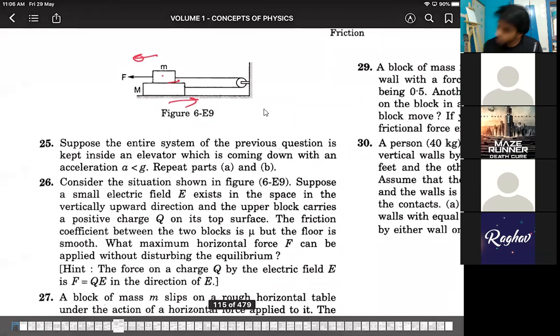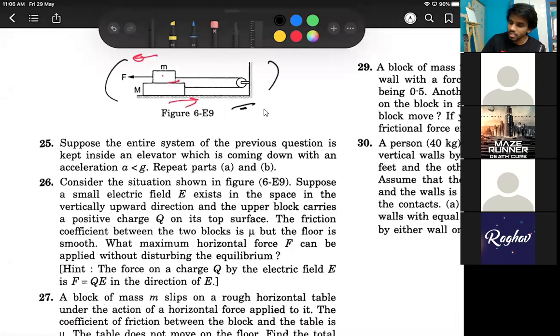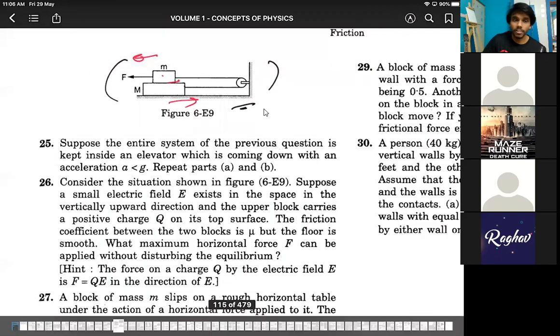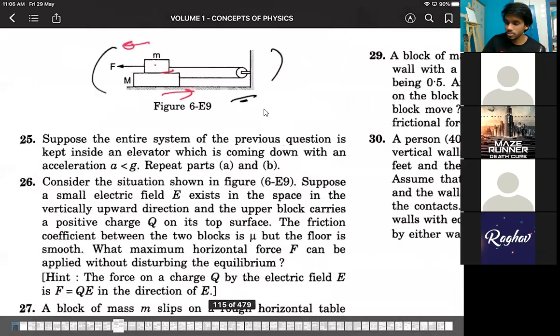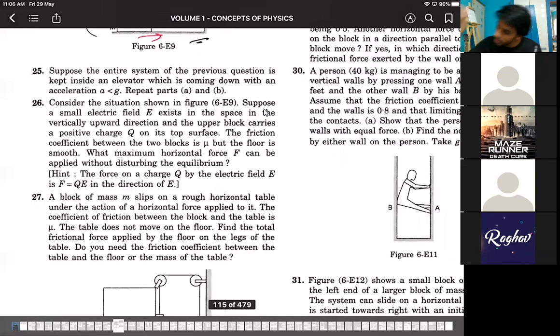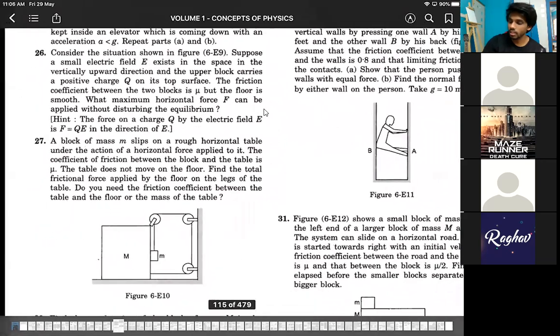Question number 24, the diagram that you're looking at, I won't discuss this. I think you can solve this question. I think it is easy. At least give it a try now. I'm sure you haven't reached up to this question. Did you people reach there? No, you haven't. Pritika, did you? Sir, did you reach up to question number 24? Of course you haven't. Question number 26 is a question that you don't need at this moment. It involves electric fields. I don't like to discuss questions when the concepts are not taught yet. So just leave that question out.